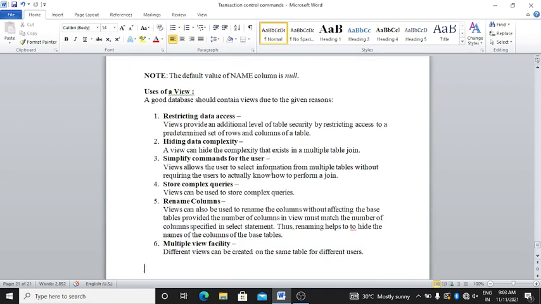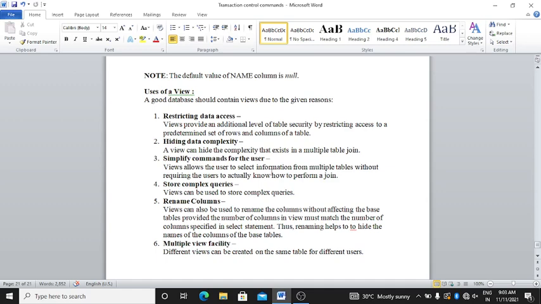Uses of views. A good database should contain views for the following reasons. One is restricting data access. Views provide an additional level of table security by restricting access to a predetermined set of rows and columns of a table.